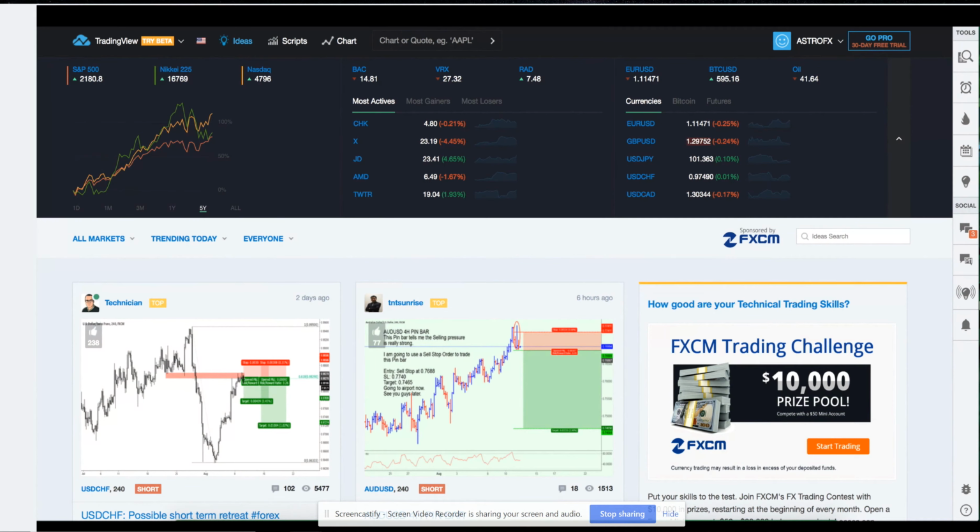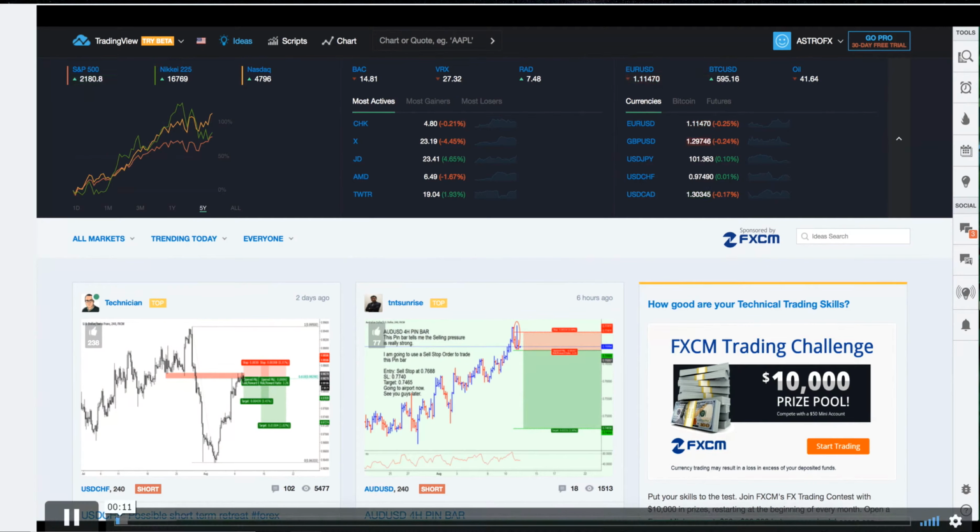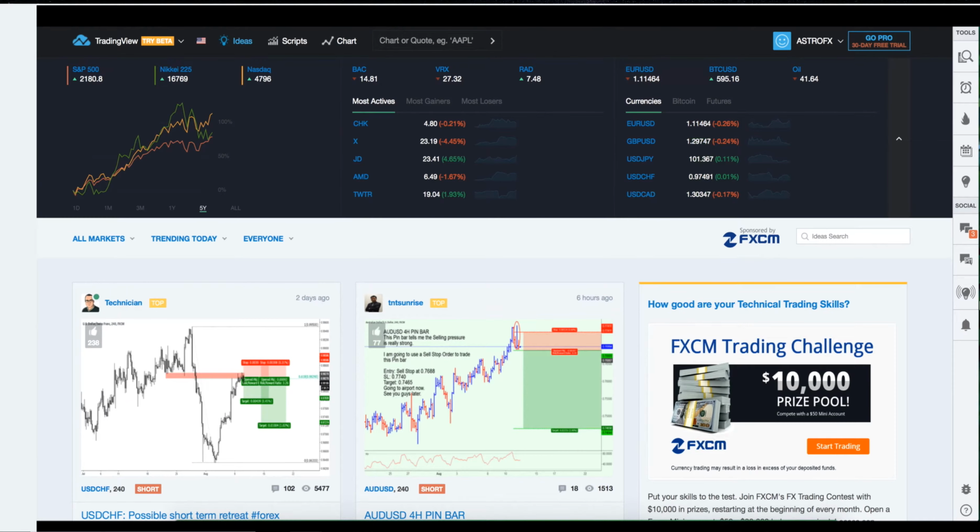So first thing is first, charts. We need to get our tools set up. Now, people with experience may already be using a charting platform, which could in fact be TradingView. They could be using something else. You could be comfortable with MetaTrader. However, we do not recommend analyzing from MetaTrader.